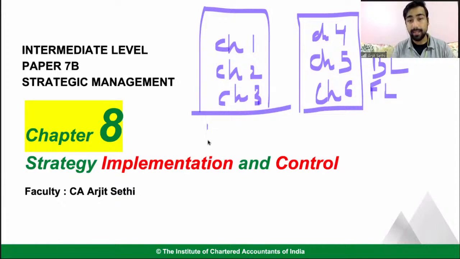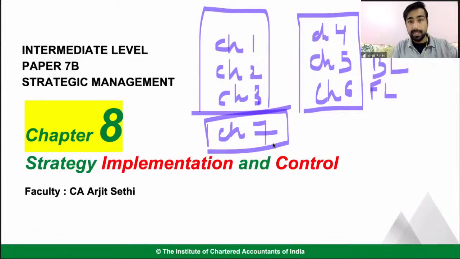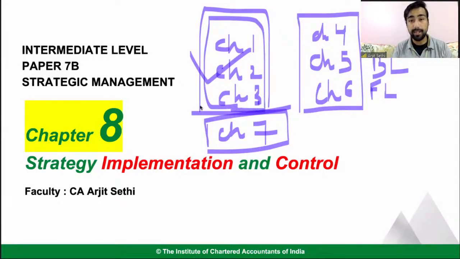And then came chapter number 7. Chapter number 7 was about organizational structure, right? Strategy is understood, what is the basic? We understood what is strategy, portfolio analysis. I gave you an example of strategy: you analyze things, then you plan things, then you execute, right? Then you implement and control, right? Execute, implementation, and control. You analyze your external environment, understand what is happening.